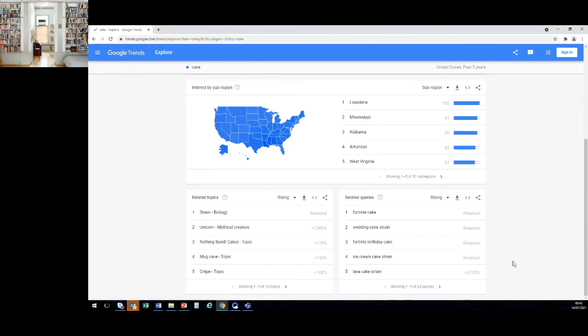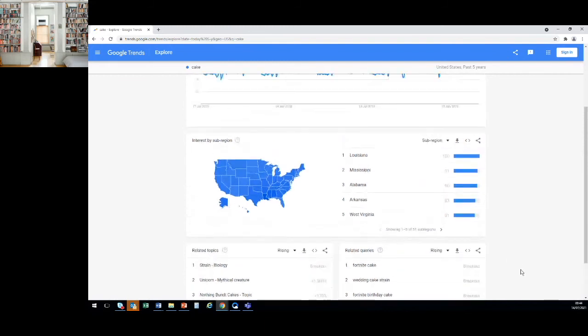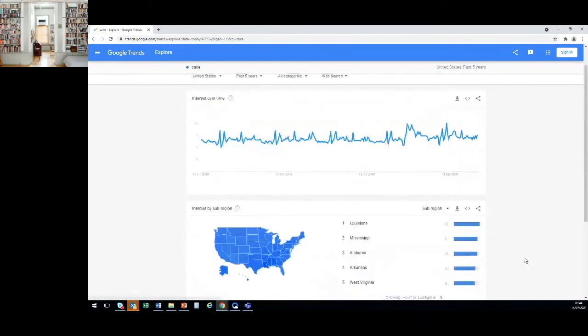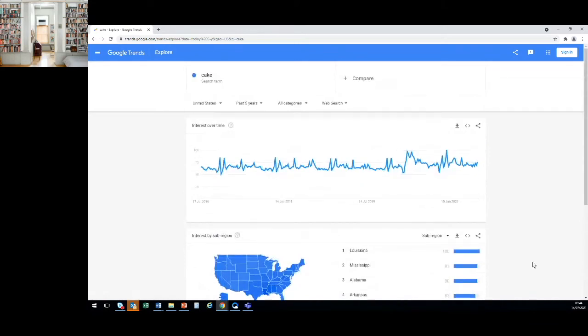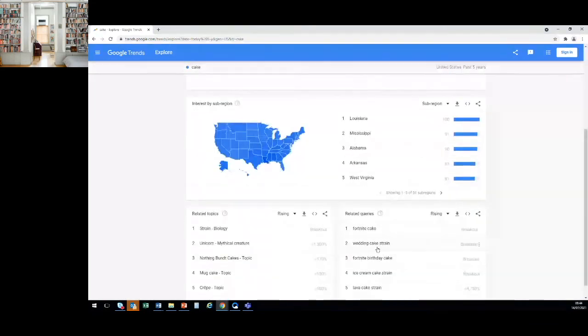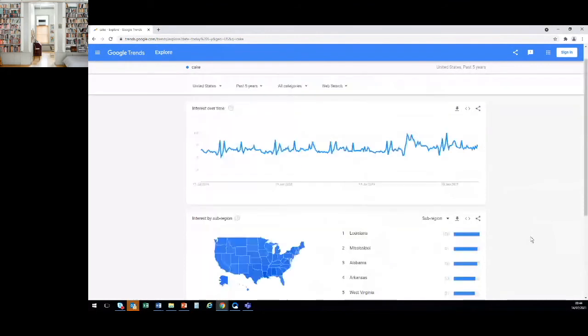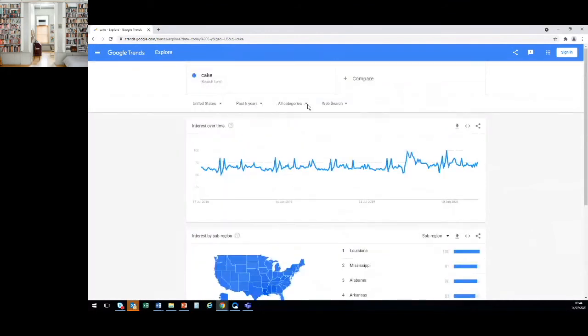Before I did this, I had actually searched what is cake string, and I got an additional interesting finding. It is something related to cannabis, not actually illegal drugs, but they call it the cake string. I discovered this because there were other terms I'm not familiar with, so I did another Google search. But that is not something we would like to search.